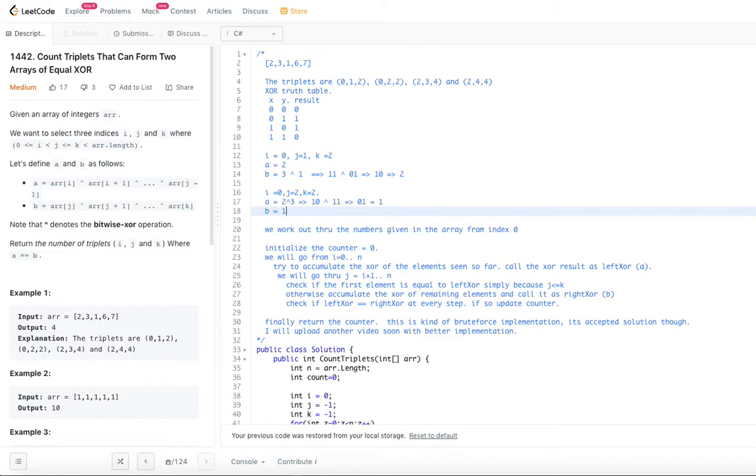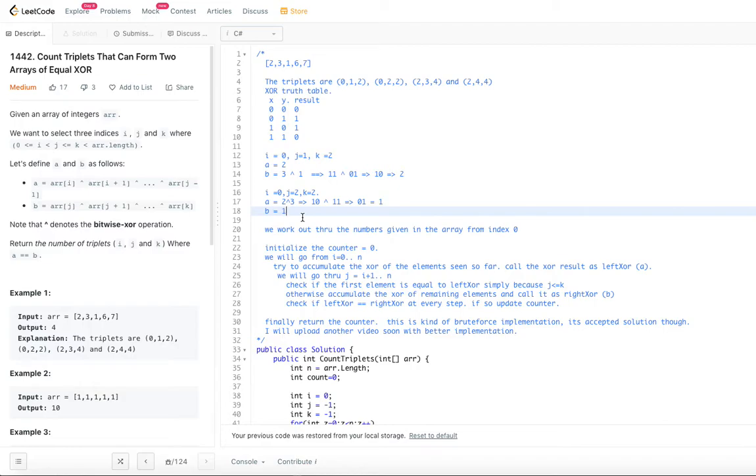So that's how. We will check whether the current element, that means the starting element in the right XOR, is equal to the left XOR also. When we are looking for the right XOR, we have to make sure whether the first element itself is equal to the left XOR or not. If it is equal, we just increment our counter.